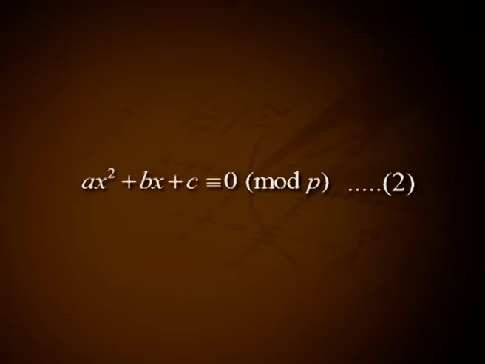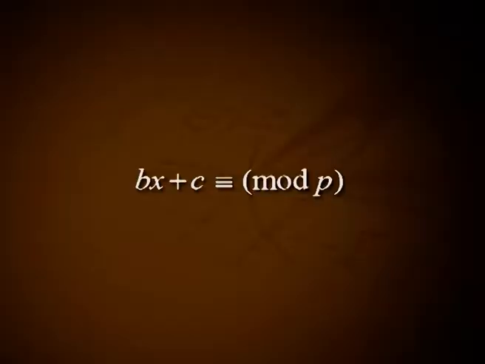Equation 1. We know how to solve ax² + bx + c ≡ 0 mod p, equation 2, where p is a prime. Note that if p divides a, equation 2 is nothing but the linear congruence bx + c ≡ 0 mod p. If p = 2, then it can be easily solved by considering the parity, that is, being even or odd, of a, b and c. Henceforth, we assume p ≠ 2. Thus, throughout, p is an odd prime.